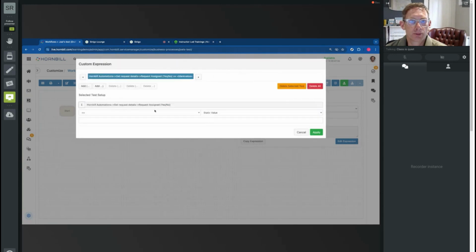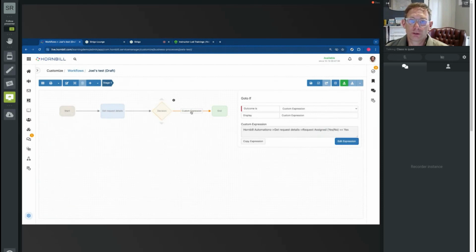So this is a variable that contains data on whether the request has been assigned, yes or no. It actually tells you what the values are. So here I want to know for my workflow, which is unrelated to the one you've just worked from, has the request been assigned? And I'm going to have a decision based around that. And actually for this one, it tells me what the value of the variable is. And yes, I'm going to add yes into the static value. So when I select to apply this,